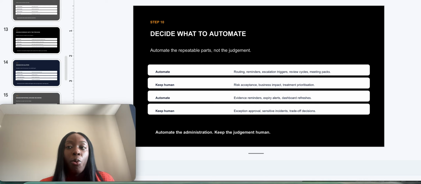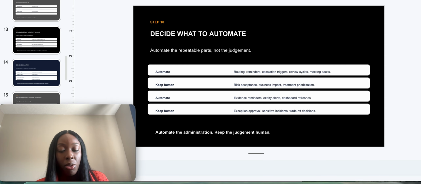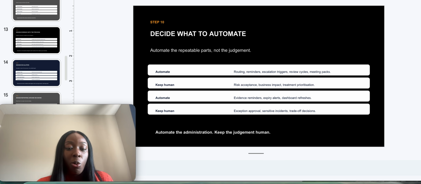And then once you refine that process, so people use the risk intake form and you find it's going really well, you can just say, okay, I'm going to add another element to this. That means that rather than just that, you'll also collect updates through there. And then once that process goes well, with everything, you want to make sure that it's a gradual thing. So automate routing, reminders, escalation triggers, review cycles, meeting packs, and then keep human